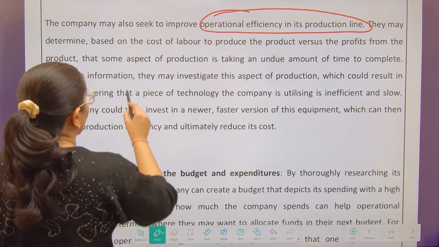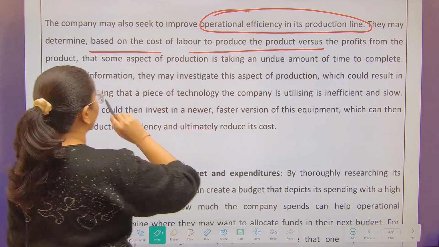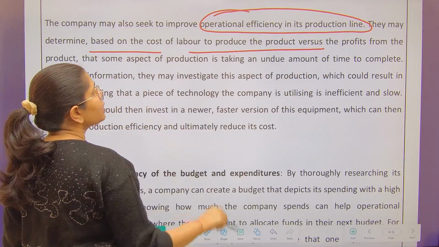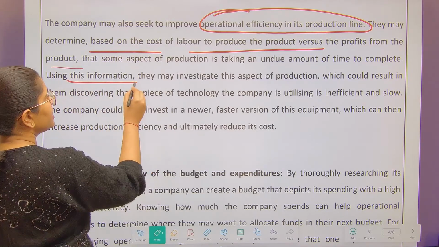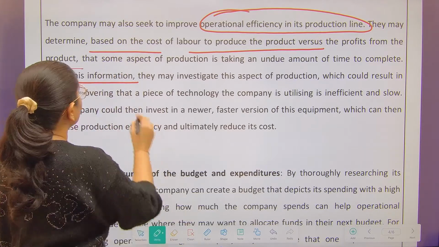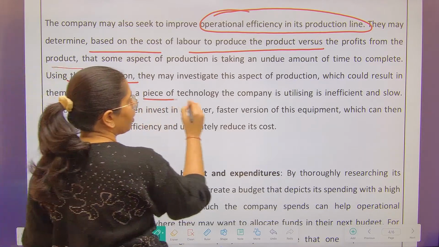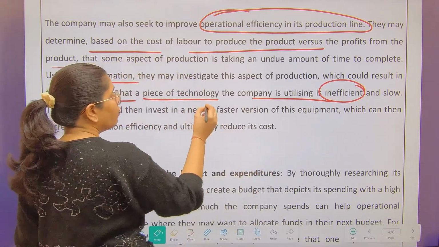So they may determine based on the cost of labor to produce the product versus the profit from the product. Some aspect of production is taking an undue amount of time to complete. Using this information, they may investigate the aspect of production which could result in a piece of technology that the company is utilizing being inefficient. So you can obviously